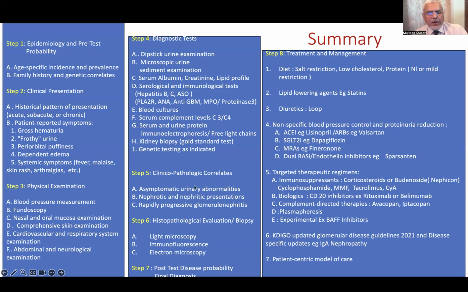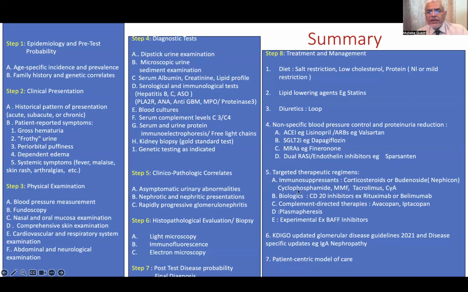And you can have the clinical pathological correlates in terms of whether this is an asymptomatic urinary abnormality, nephrotic or nephritic presentation, rapidly progressive GN, or histopathological evaluation with light microscopy, immunofluorescence, and electron microscopy. Then come to a post-test disease probability and final diagnosis, where you can now concentrate on salt restriction, low cholesterol, normal to mild protein restriction, lipid-lowering agents, diuretics, loop diuretics, non-specific blood pressure control, and proteinuria reduction with ACE inhibitors or ARBs, SGLT2 inhibitors in the right population, MRAs like finerenone, dual RAS endothelin inhibitors like sparsentan, targeted therapeutic regimens like